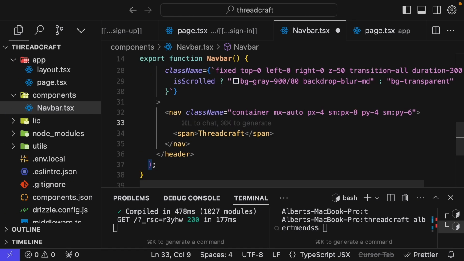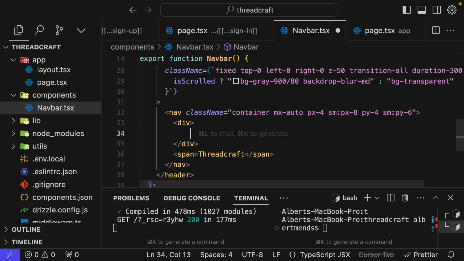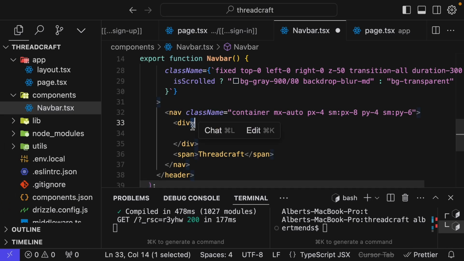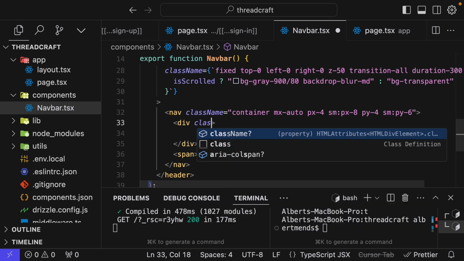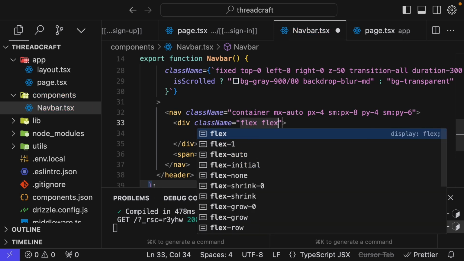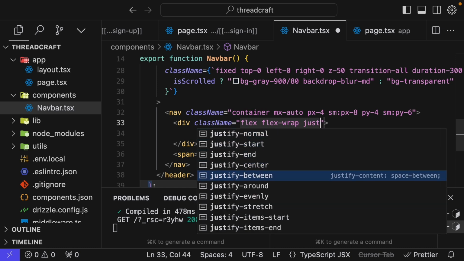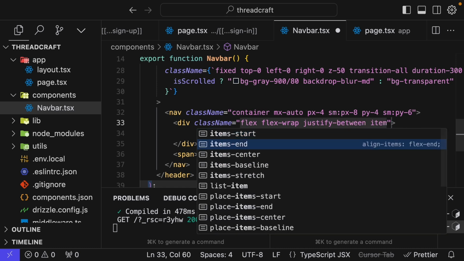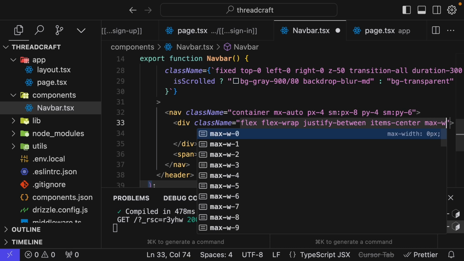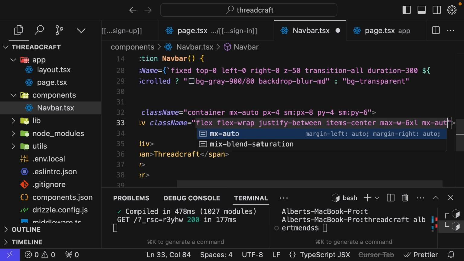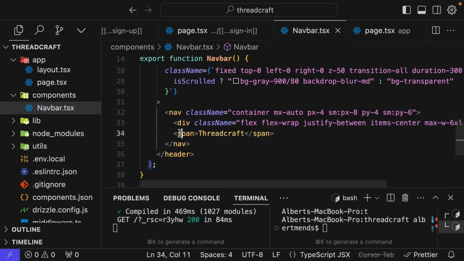Next, we are going to have this div here, and this div is going to contain all this. So you're going to have the Threadcraft logo and all the elements on the right hand side. We give it a class name flex, flex-wrap, justify-between, items-center, max-width 6xl, mx-auto, and create another div